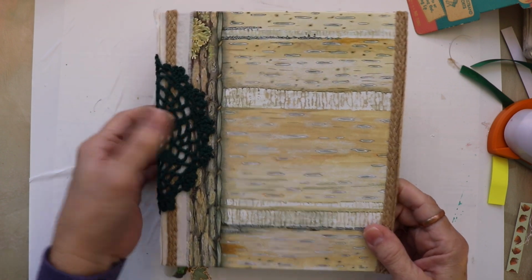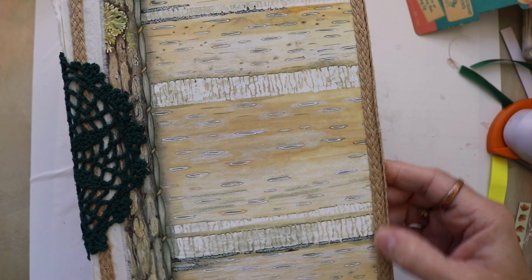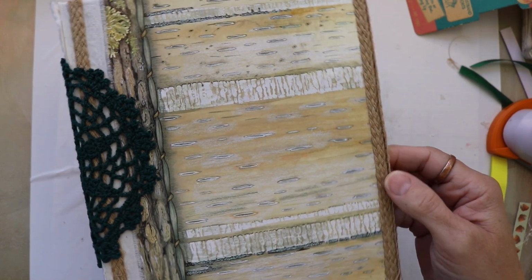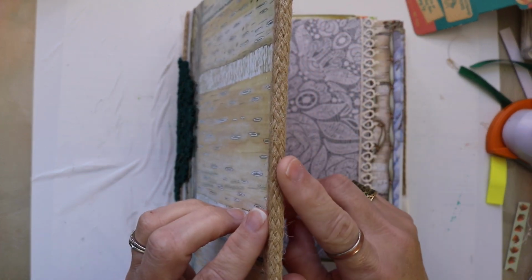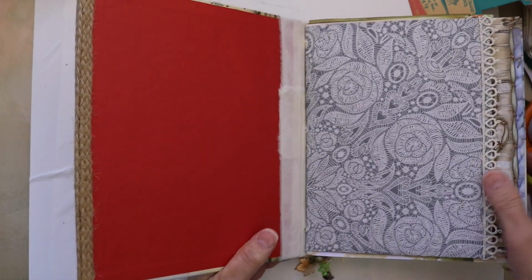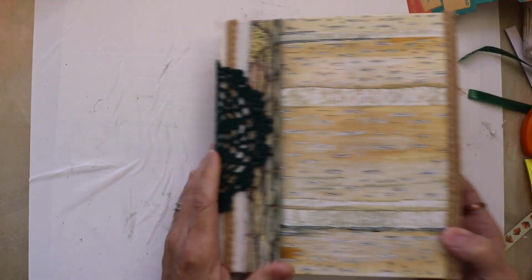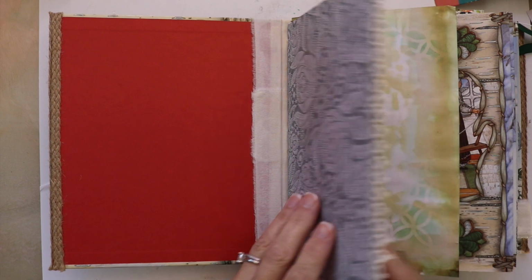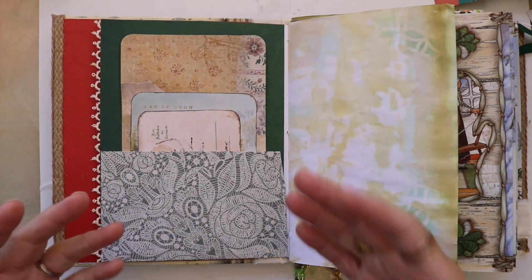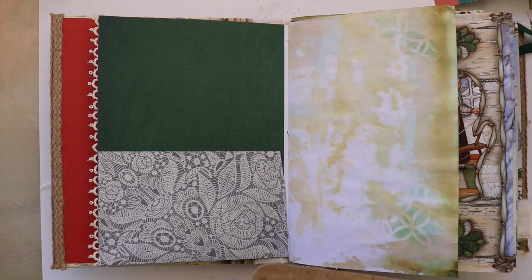So I took the raw edge and I covered it with this burlap braided rope trim. And so I have it here on this edge, and then I have it on the inside as well. And I did that both on the front and the back, so it makes a really beautiful edge to the journal. This journal has a Scandinavian vibe to it because I do believe that the author of the book was